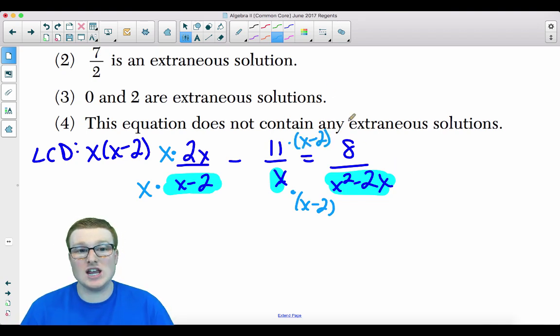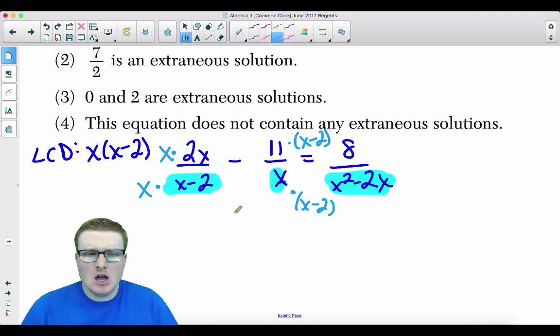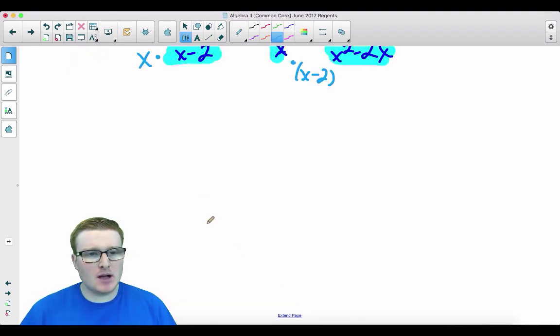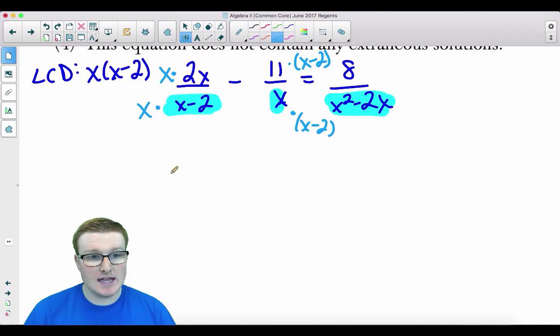And this we don't need to change, because the denominator is perfect as is. Since that denominator is perfect as is, we don't need to change that fraction because we already have the least common denominator down below. So what we just did is multiply everything by what we need, both on the top and the bottom, because remember, what you do to the bottom, you must do to the top. Okay. So on the top, we get 2x squared divided by x times x minus 2